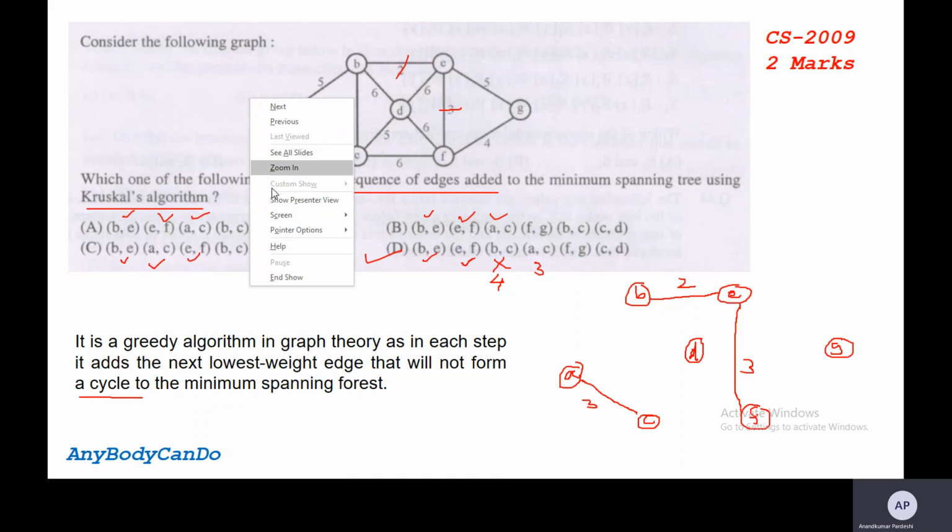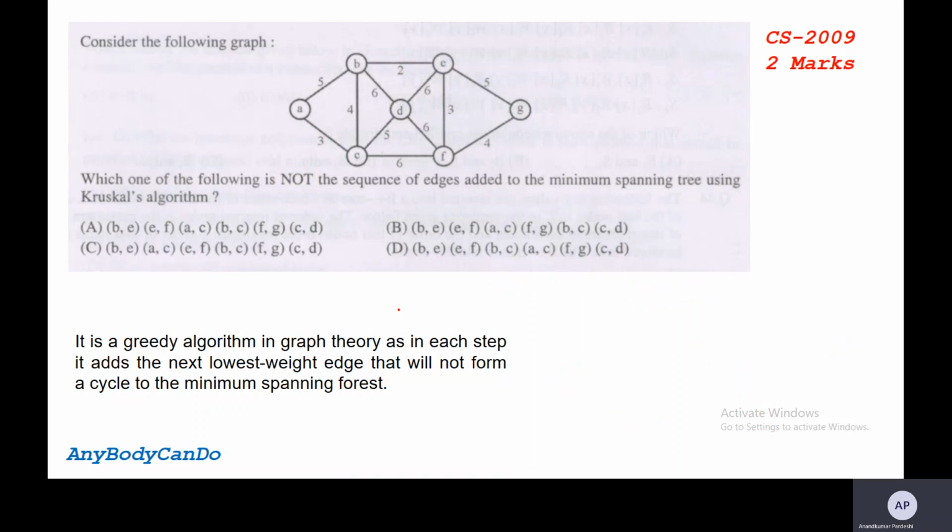Suppose we do not know the concept of Kruskal. How can we solve it? I will simply write down the weight of each edge. The B to E edge weight is how much? 2. So let us write down the edge weight for every option.